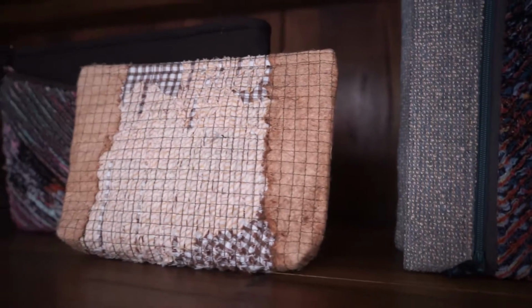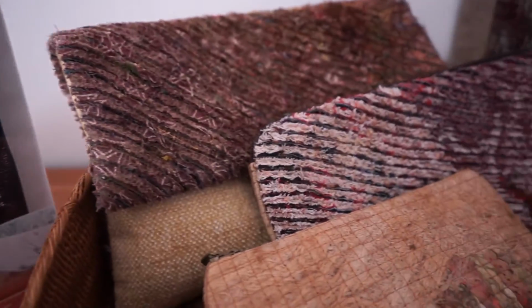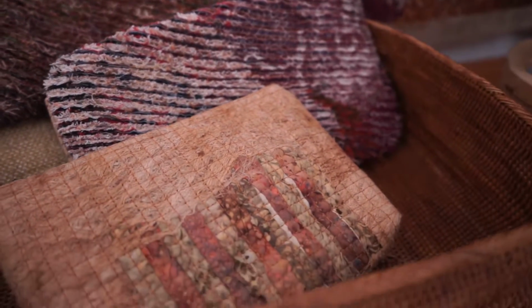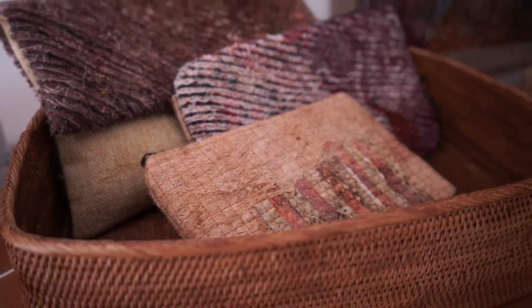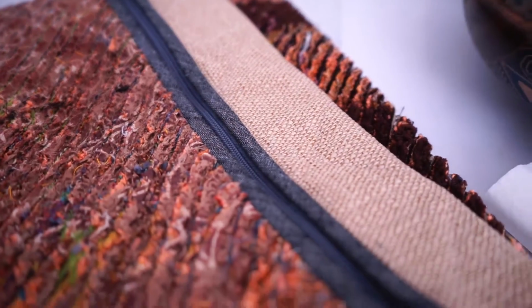Fashion upcycling is basically we're taking the leftover and the waste from the fashion industry after they manufacture the clothing. There is a lot of waste. It can be from the material, it can be from the zippers and all those things that they usually throw away or just leave in the landfill, which is not good for our environment. So we are taking these waste products and making them into something else that is more useful and has higher